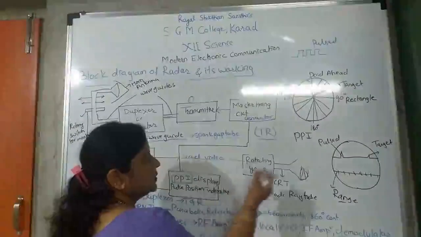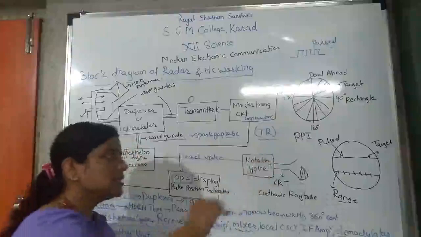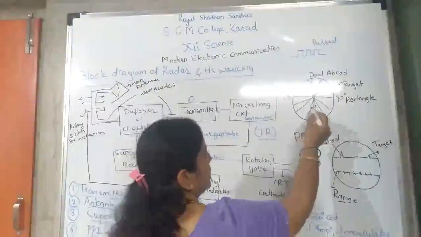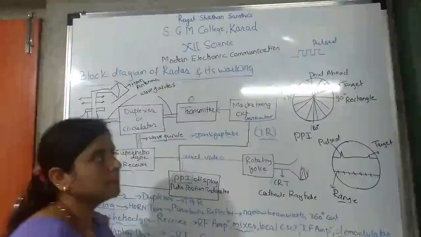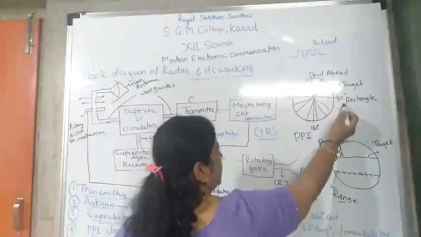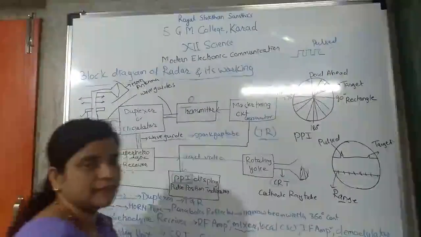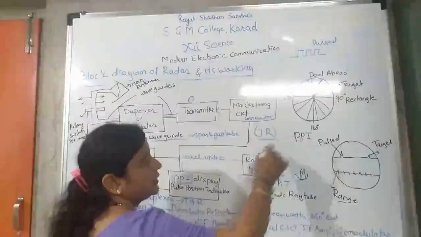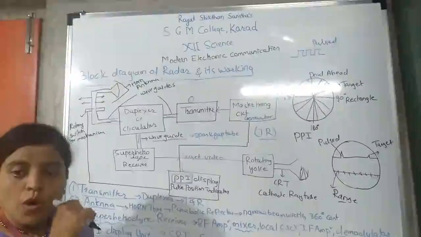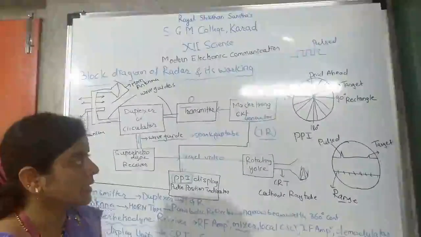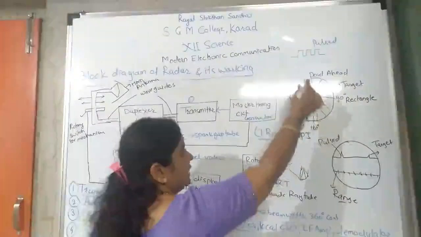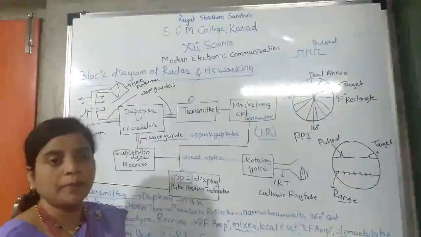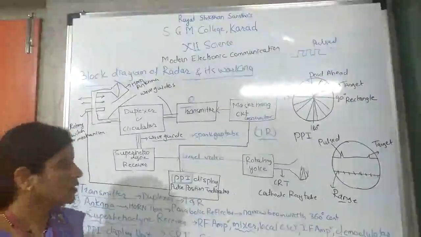Okay, so here what happens? PPI display means the pulse position indicator. What happened in the pulse position indicator? It has four types: 90-degree angle, rectangle, left side 270-degree, and here 180-degree. So horizontal sweep is there. These horizontal and vertical signals are there. Horizontal sweep indicates the plan position indicator.